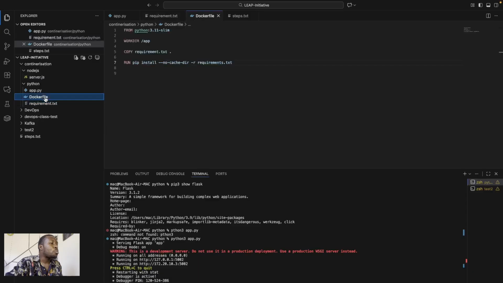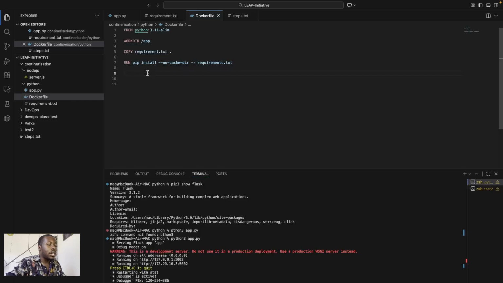So this is crucial. Now the dependency is going to get installed together with the container. It doesn't need to get installed on your own local computer. It gets installed in the container. So all the application needs is already installed in the container, so no issues there. So we go to the next command.